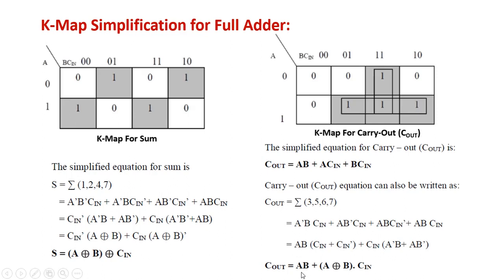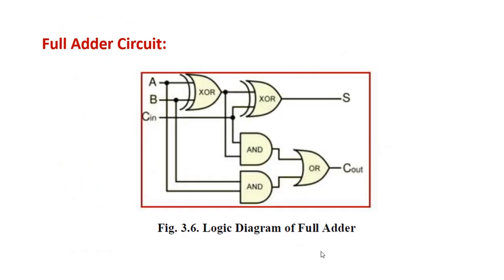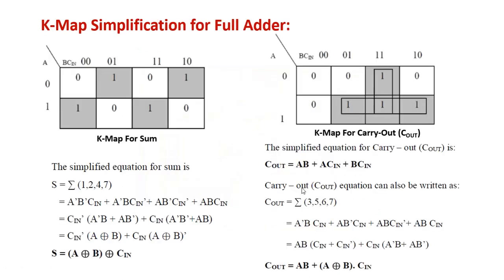So this is from half adder 1 carry, and these two inputs you are giving to half adder 2, so their product will be the second carry, and you will OR both these carries to form the final carry out. We will see it later on. Now in the full adder circuit, XOR A B, sum you will get A XOR B XOR C in, and for carry you will take this is AB and you will OR it with A XOR B and C in. You will implement this equation, this one.